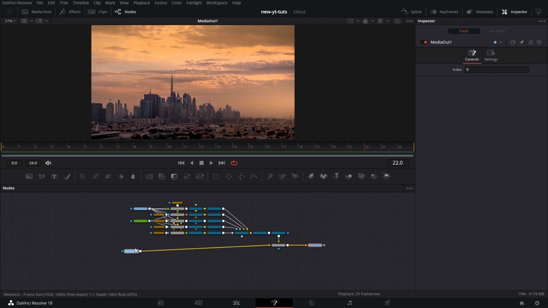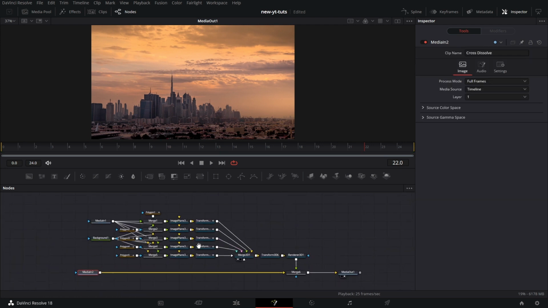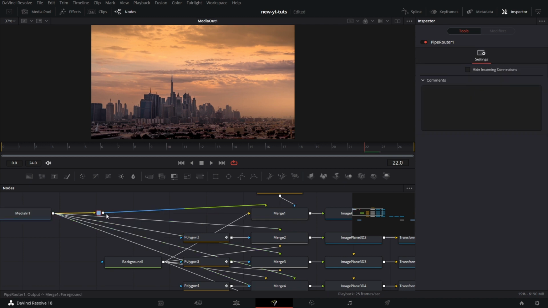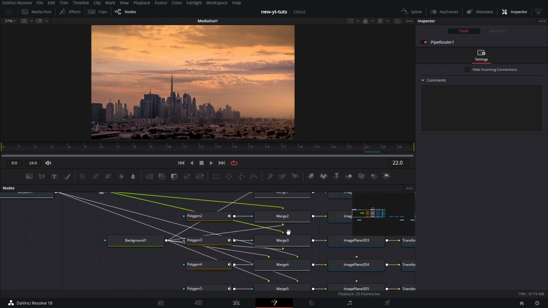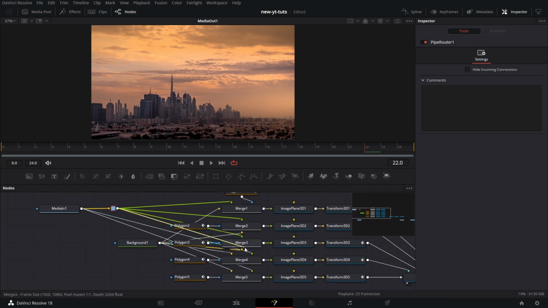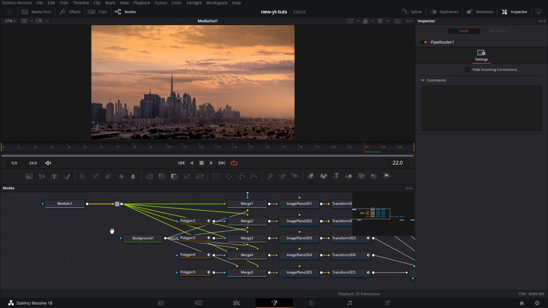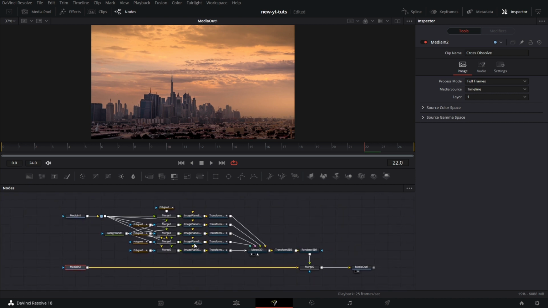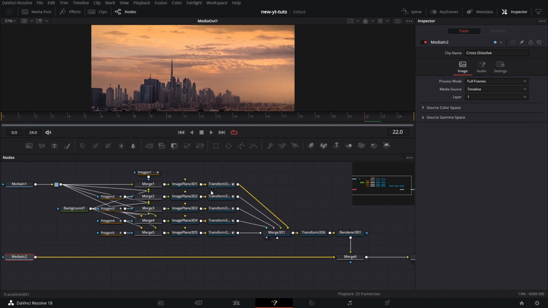We can convert this to a transition. Let's create a pipe node from which all the values from media 1 can be connected to the merge nodes. So we can convert this to a transform node. And let's pull this back. Now let's select it and create a transition